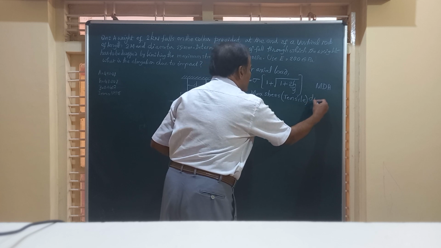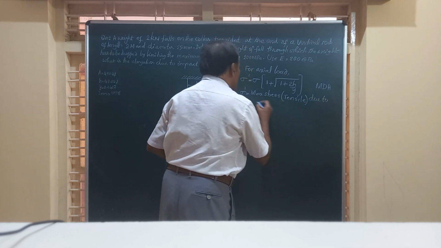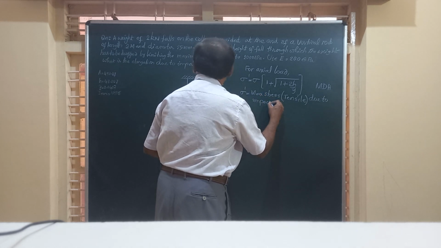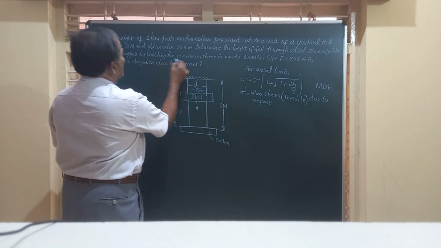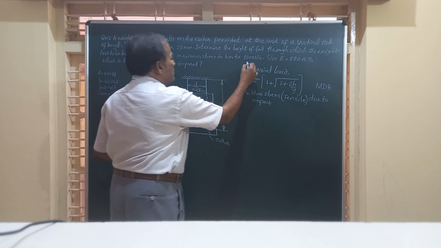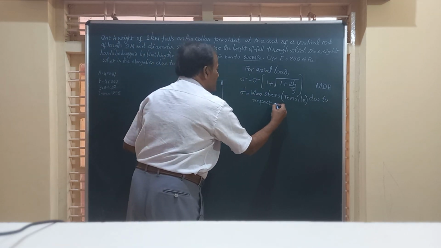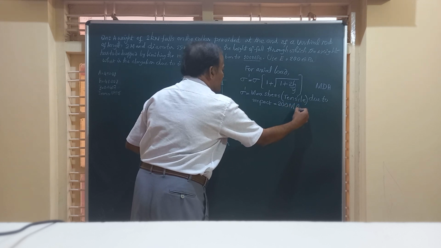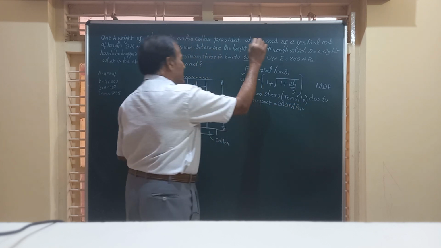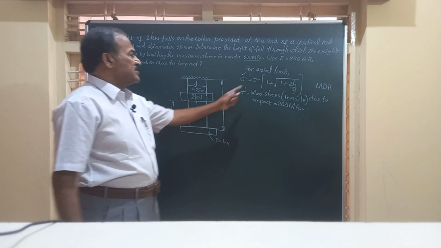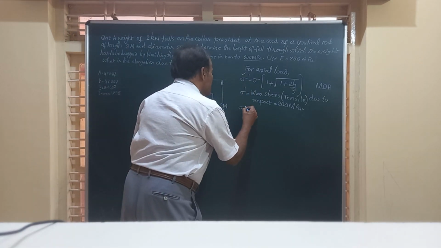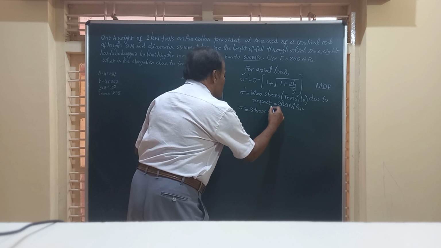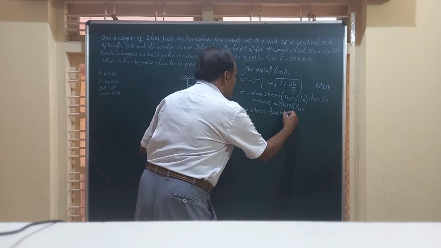due to impact, and its value is given to be 200, limiting the maximum stress to 200 MPa, that is 200 MPa. So this is given to us, so we know this value. And friends, this sigma is the stress due to static load,